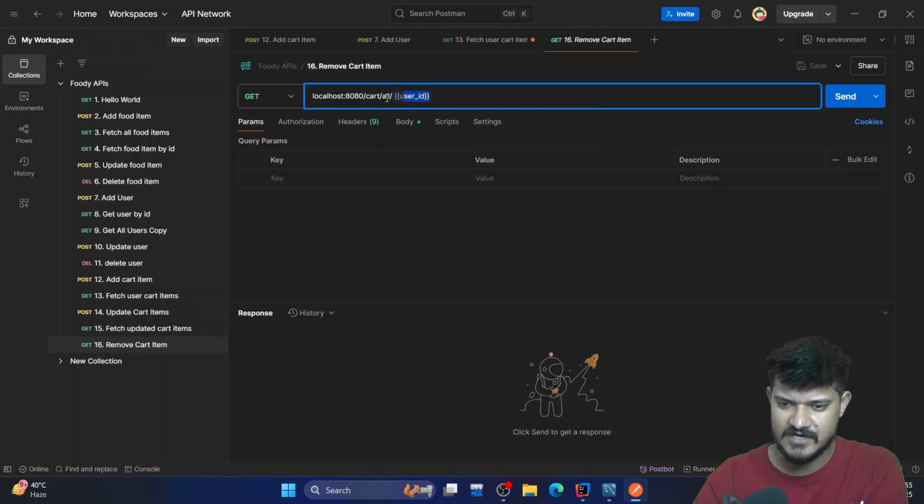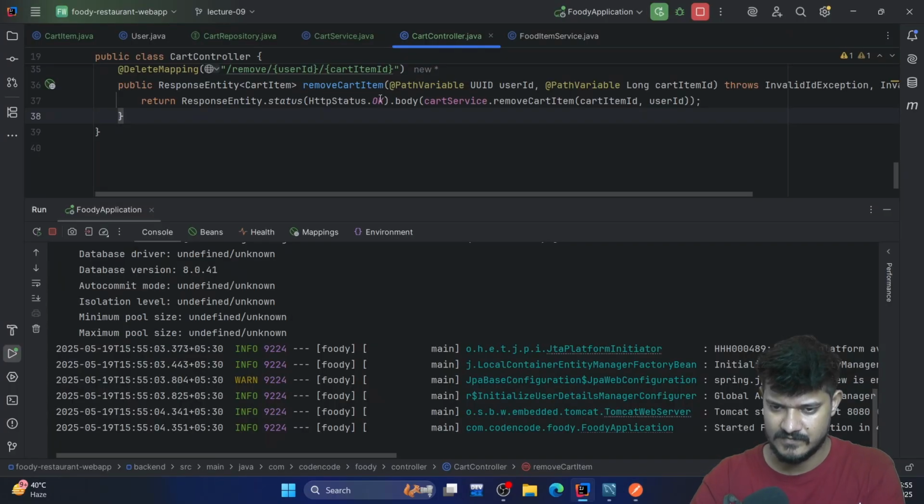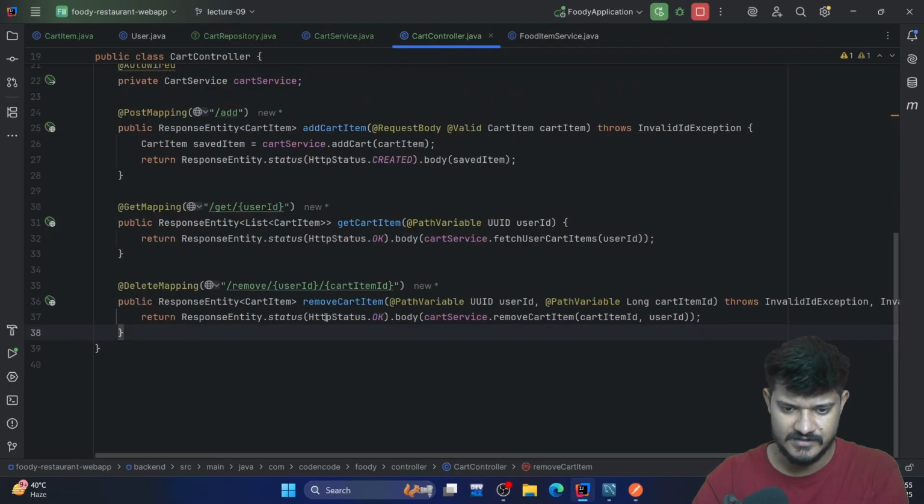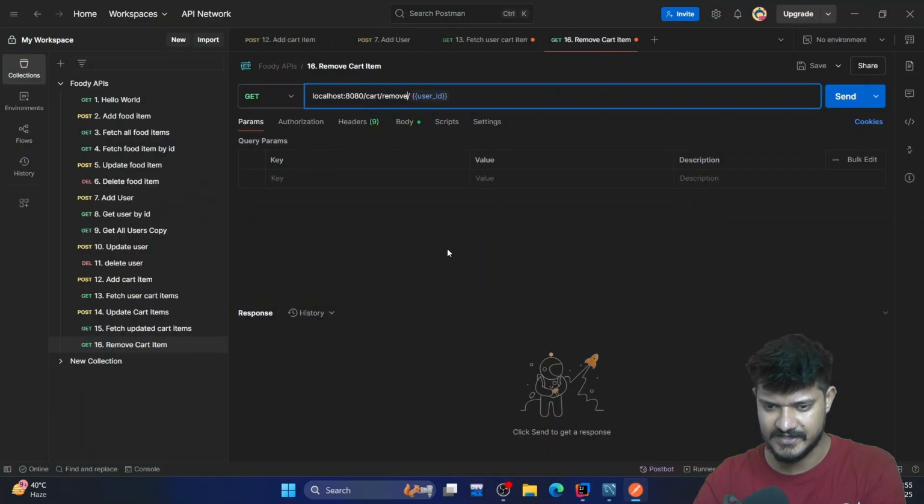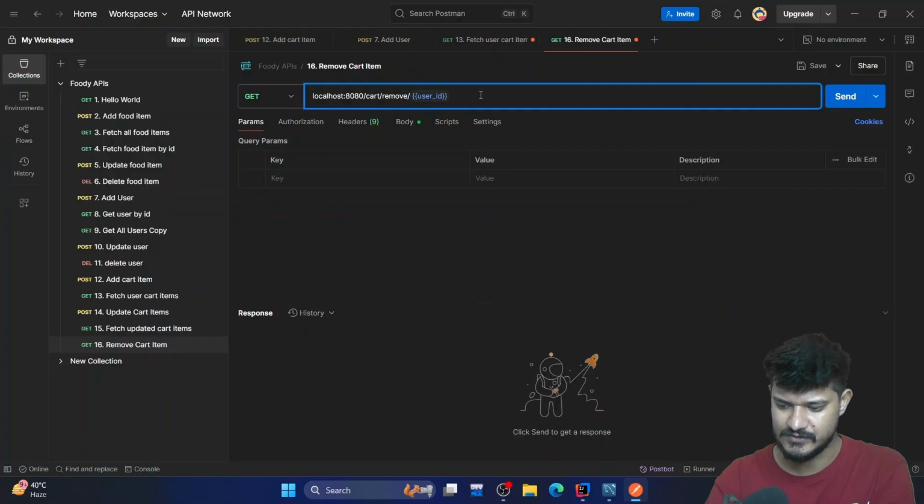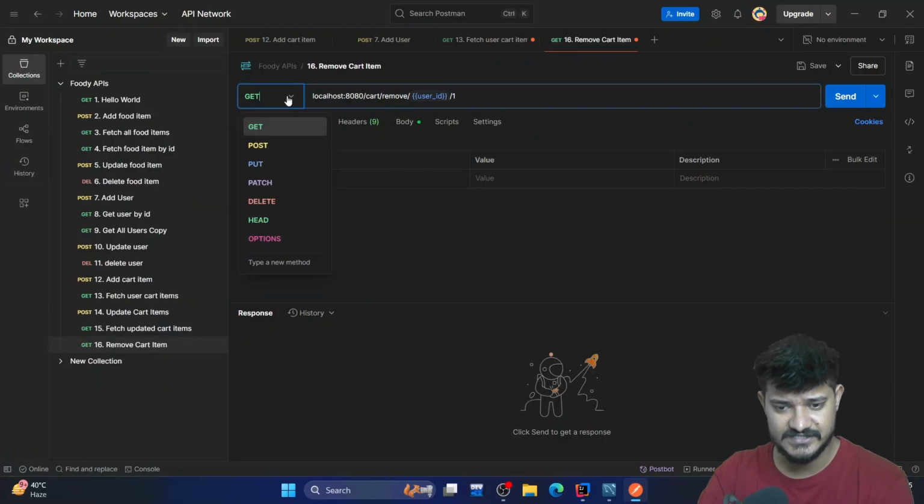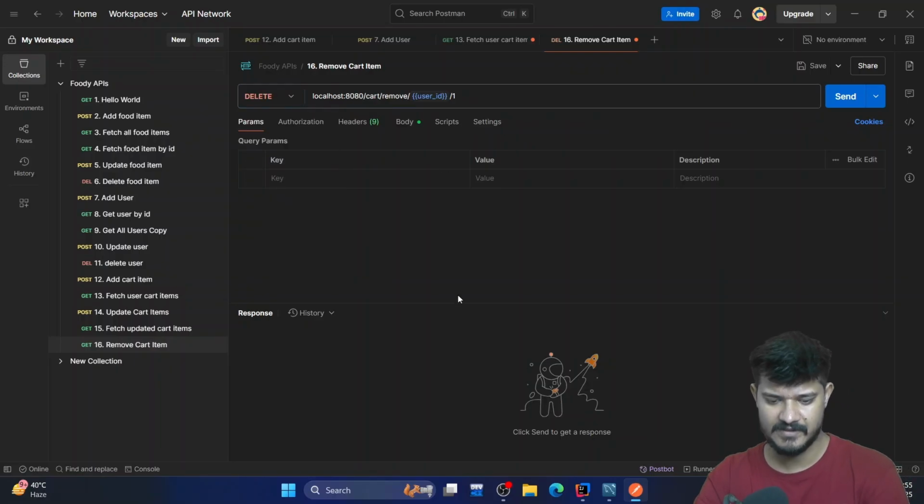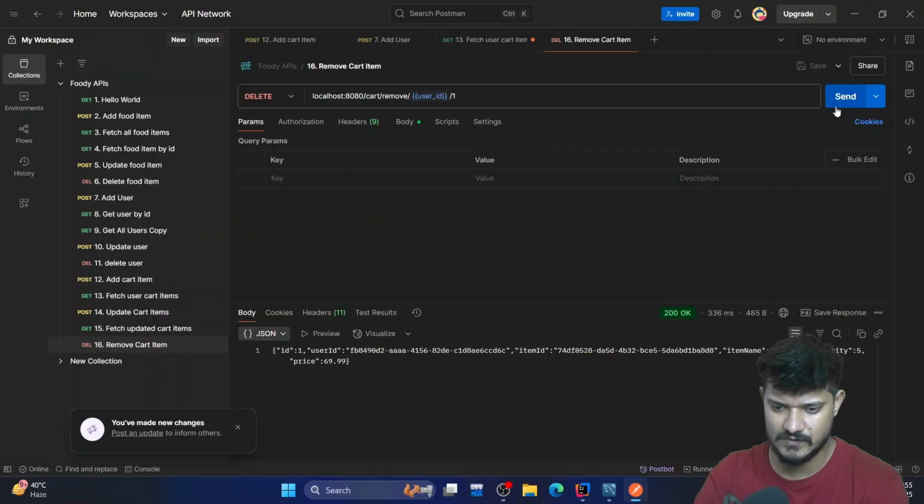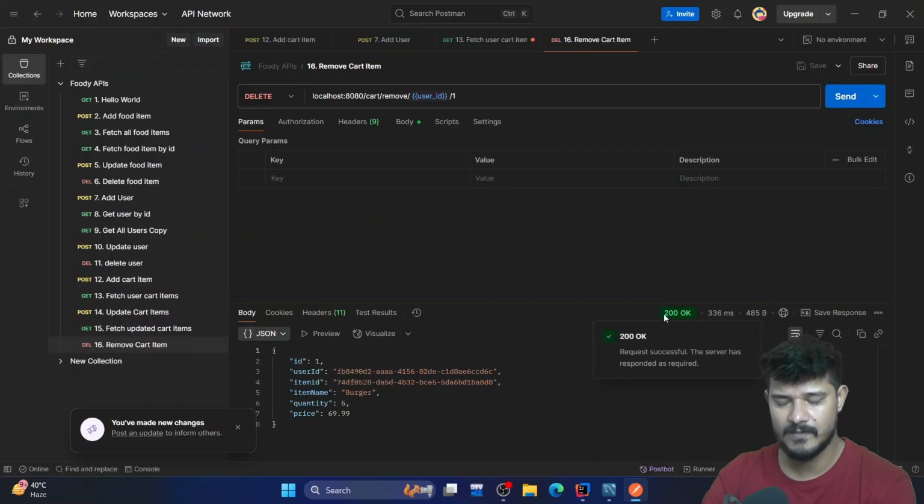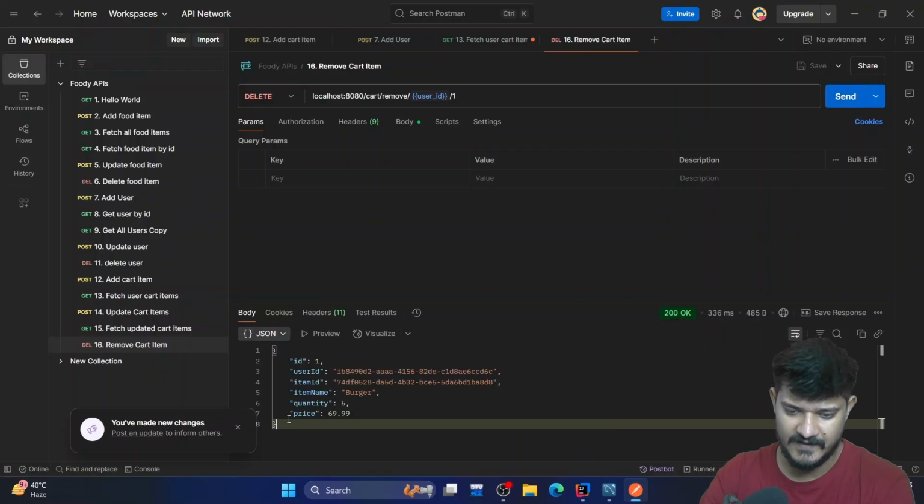So slash cart slash remove, yeah, slash cart slash remove for user ID and then cart item ID. Then I need user ID slash cart item ID, which is 1, and it is going to be a delete mapping. Control S, yeah. If I send it now, yes, 200 okay, because the item was deleted, and this is